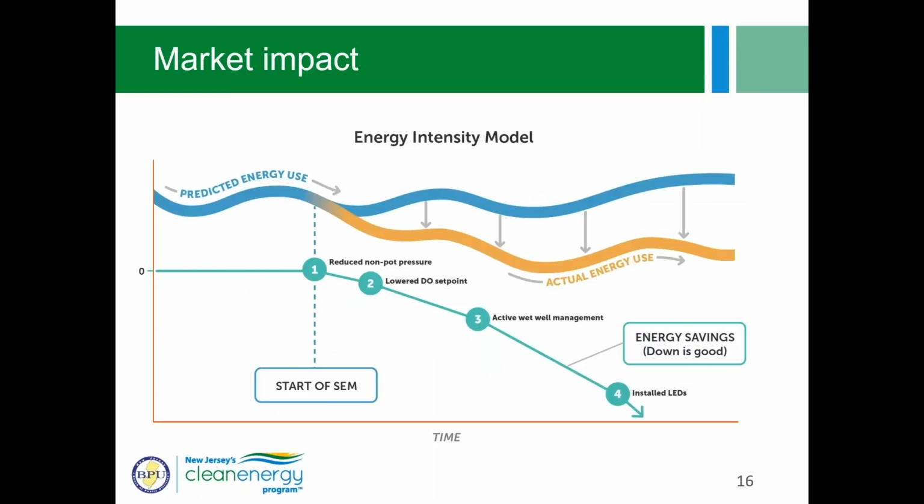And the impact, what you see on the screen right now, on the far left-hand side, you see the predicted energy use. Well, that's a model. It's a statistical model, and for data centers, it's actually relatively easy to figure out. Most data centers, even those that have massive swings in data management, are relatively easy to predict over a lengthy period of time and develop a model. And so you see the blue line extended across. If we do nothing, you have basically the same energy use that you would expect,